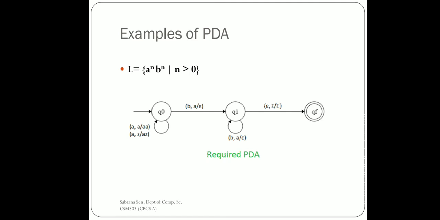Here, in the initial state, for your reference, I have used Z here instead of Z naught. You may use Z naught as well to show the initial condition of the stack. I am talking about the self loop over q naught, and the second choice first. If we have fed a to the machine and the initial content is Z naught, we will just push a. So the current content will be a followed by Z.